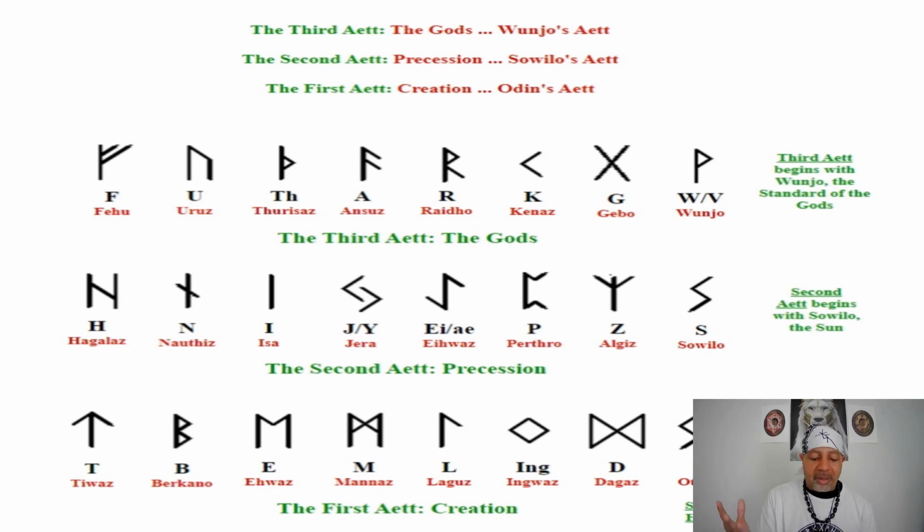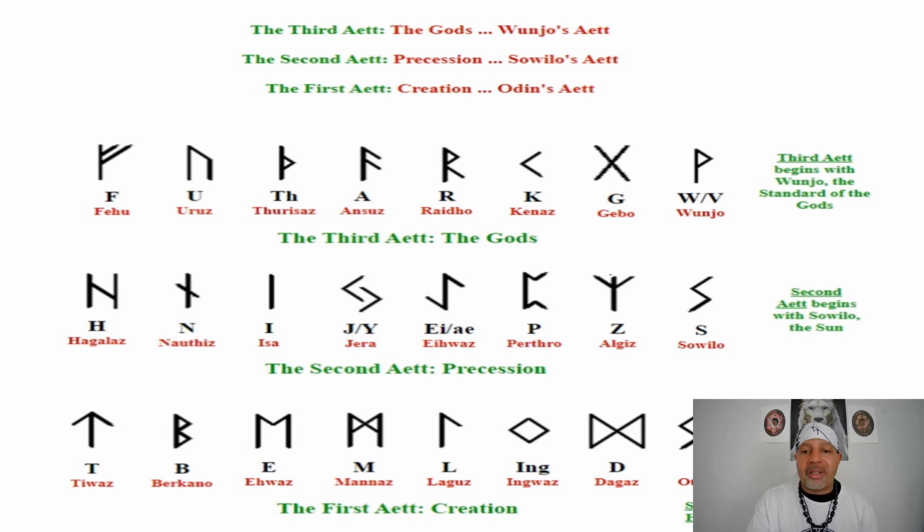Animals were created after the people, symbolized by the forest. Vegetation appeared, represented by Brakata. And when creation was completed, the god Tiwaz was placed in the sky to administer justice, law, and order, represented by Tiwaz, the rune of protection and order. So there is the breakdown on the creation Aetts, starting with the god Odin and ending with the god Tyr,